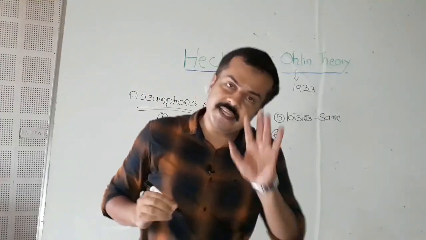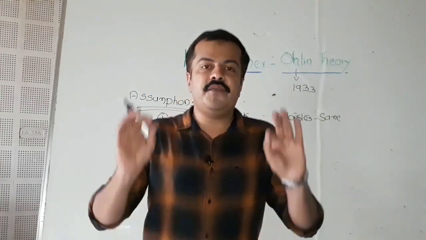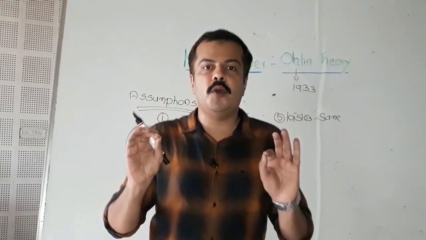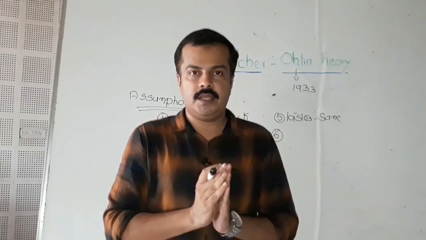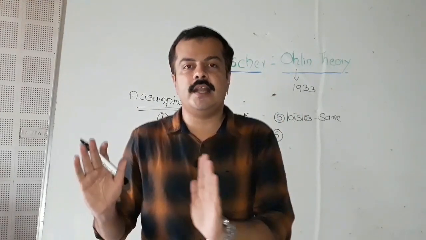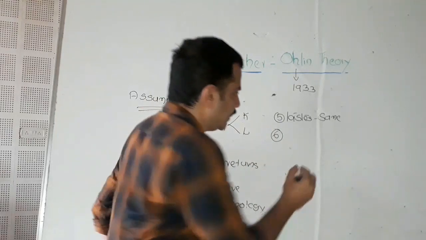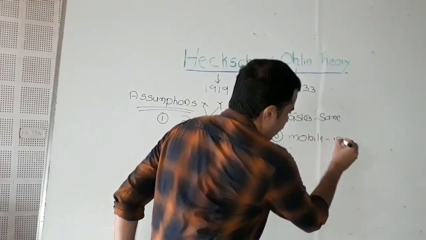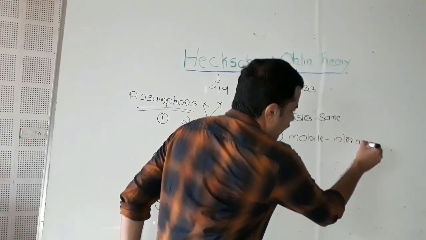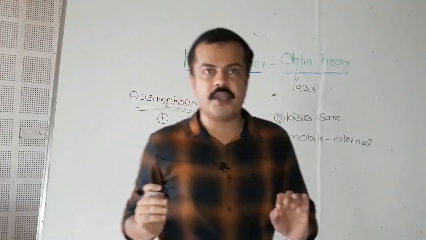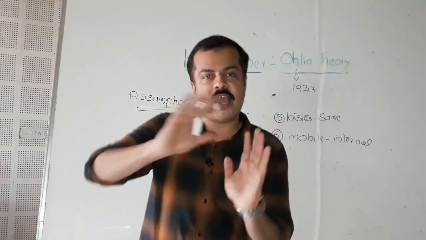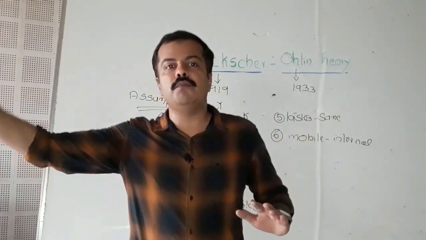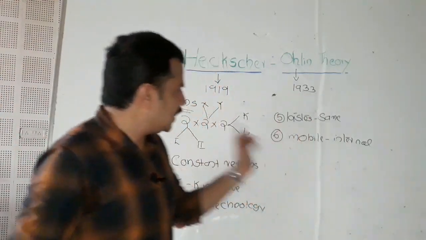And there is the assumption as far as factor mobility is concerned. What is the assumption as far as factor mobility? The factors are assumed to be mobile only within the country. There is no international mobility of the factors of production. That is, factors are mobile only internally. There is only internal mobility of factors of production. There is no external mobility. Factors, capital and labor, cannot move outside. Now, this is the sixth assumption.